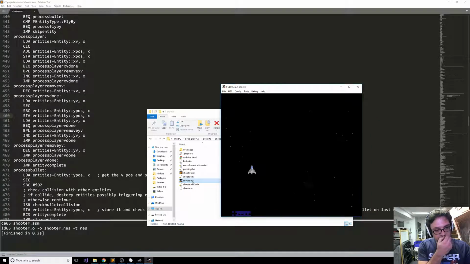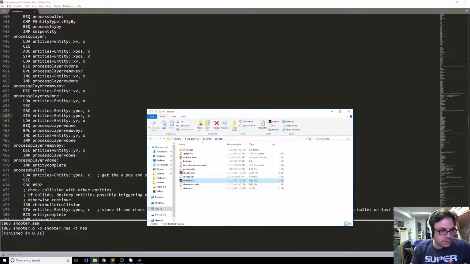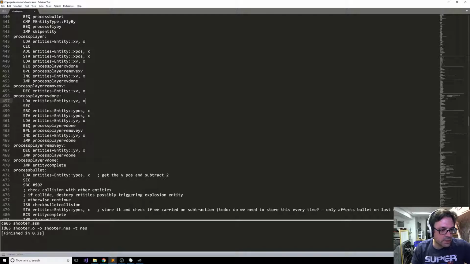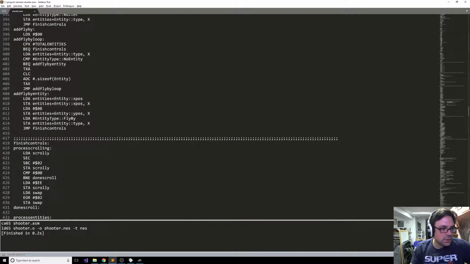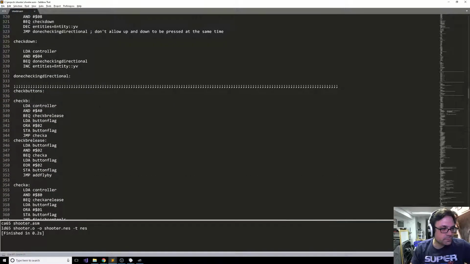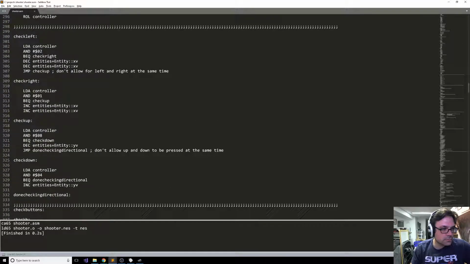So now it looks like we have two ships through the magic of flickering. So that obviously didn't work the way that I wanted it to. Okay, so I see. So I reversed what was essentially,